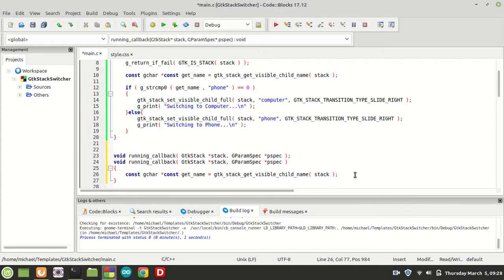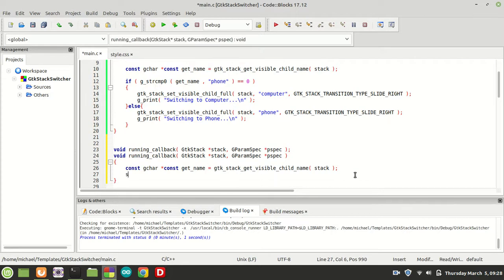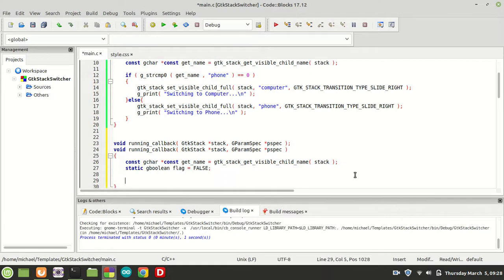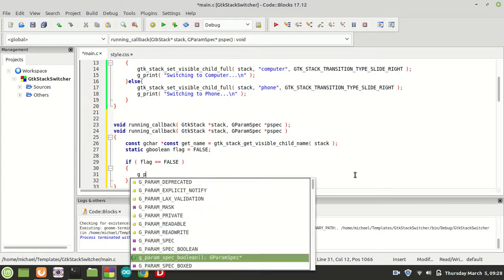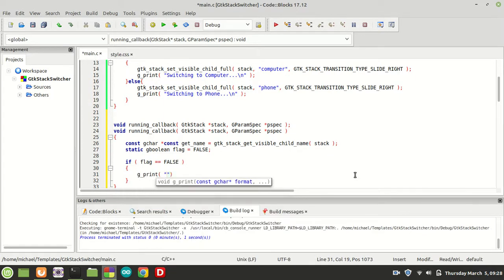And now, because we have it, I'm going to say static gboolean flag set to false. And now, because it is set to false, we did it, we can check against it. So if flag is set to false, which it is, then we are going to say now g_print, and new line, a tab, and now we can say %s, and again new line character, and let us pass now the name,